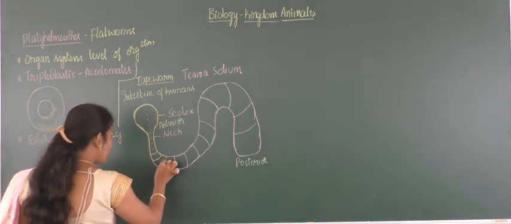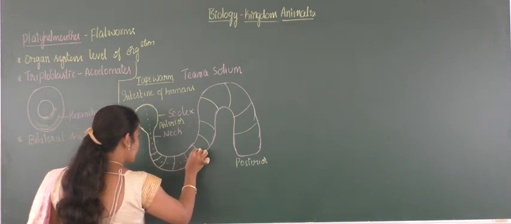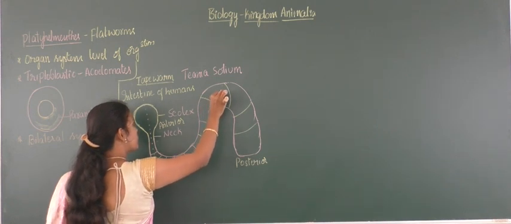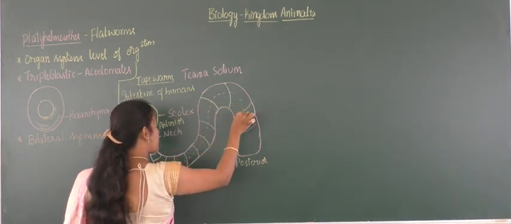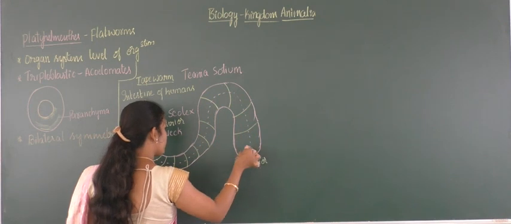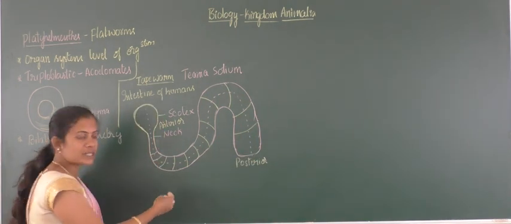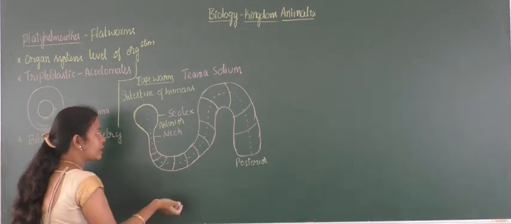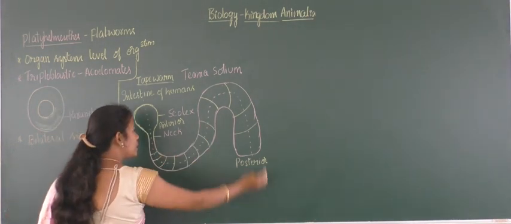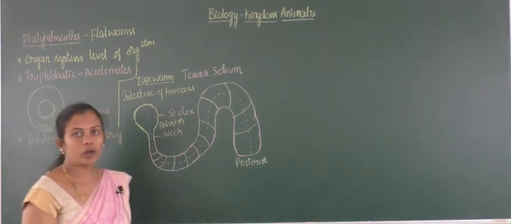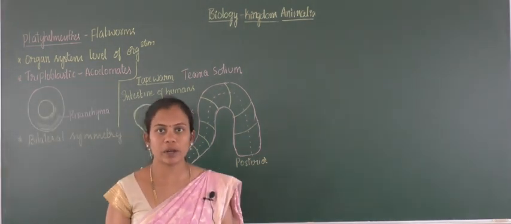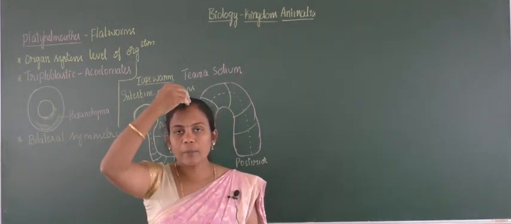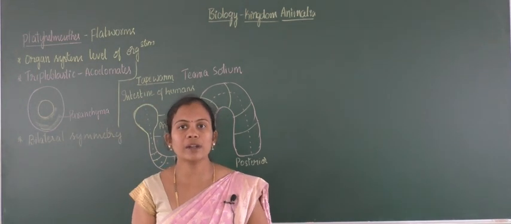So in the same way you can find the equal halves after cutting of an involution. You can expect the presence of lateral sides, right and left side, after the cutting process. In this way you can find the bilateral symmetry. I hope you understood about the bilateral symmetry properly. So if I am going to cut myself, I can cut on the dorsoventral axis.